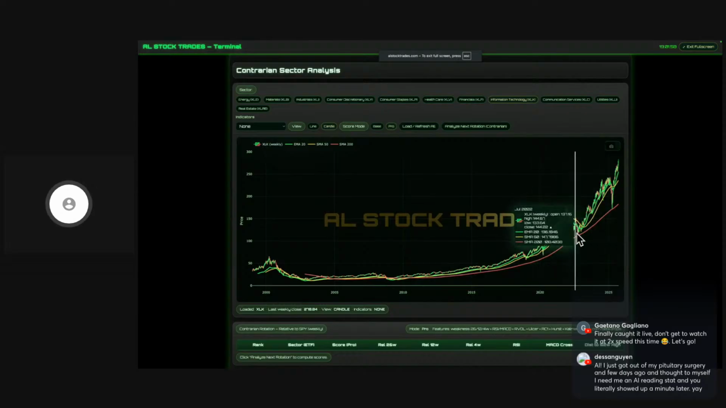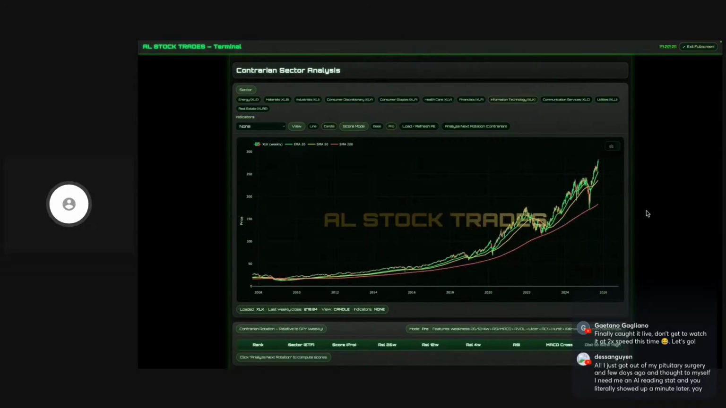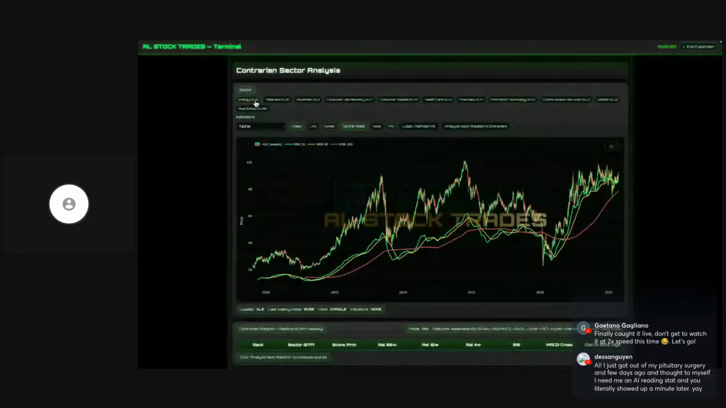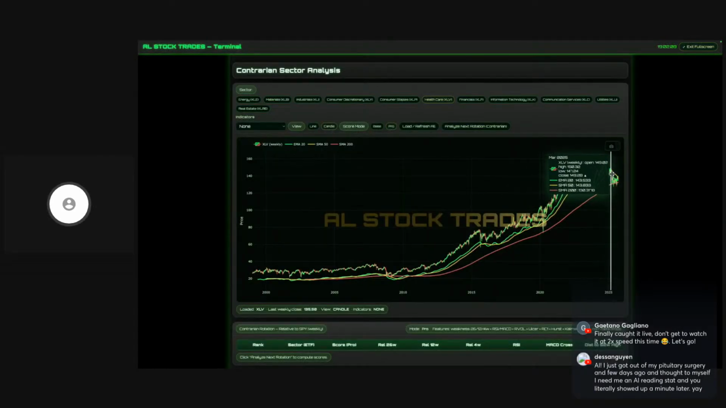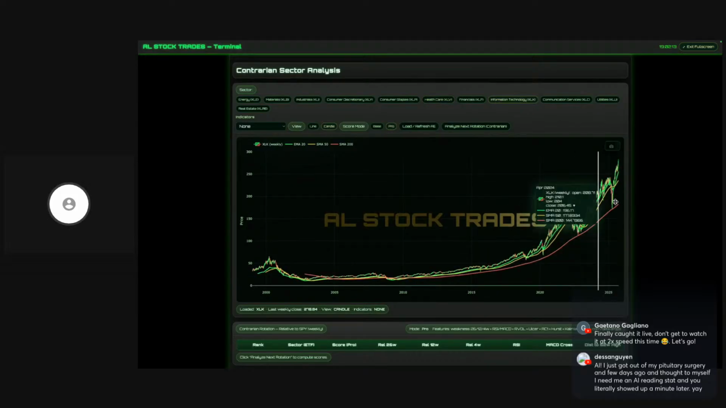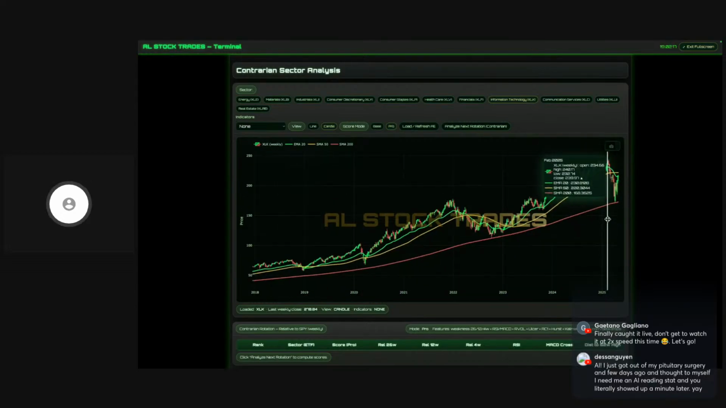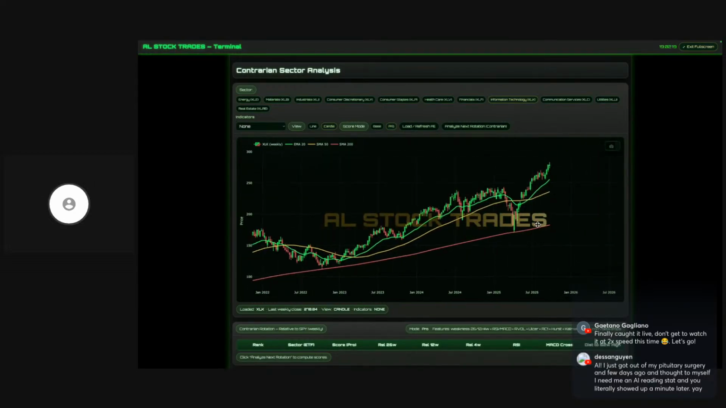As you can see, very intuitive, very nice. The difference here is this looks at sectors. Here's the energy sector, right? Here's the healthcare sector. You could see, not doing so well. And here's information technology, and you can see information technology does well. It's really funny because if we were to zoom in on this,